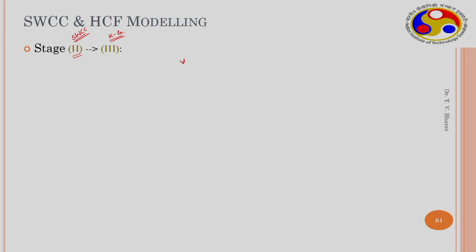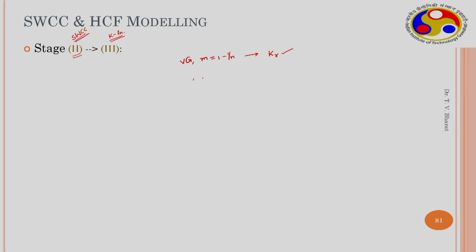If the Van Genuchten model with some restrictions is chosen, m equals 1 minus 1 by n, then you are using the Mualem model, the corresponding hydraulic conductivity function is known, as we discussed earlier.